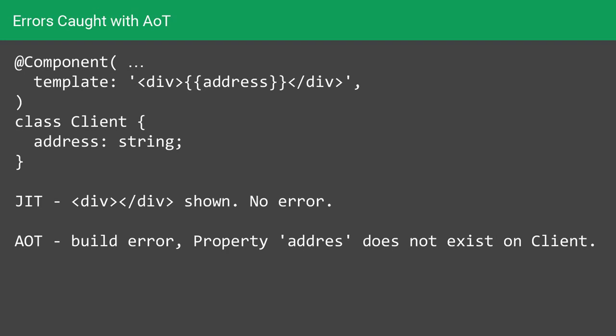And in fact, sometimes if it doesn't throw undefined is not a function or something like that, you might not even get an error and just show an empty div. So obviously it was a typo. We could not have caught it with JIT mode. With AOT, because the template, this bit, will turn into TypeScript, the TypeScript compiler will check it, and will throw a type error.